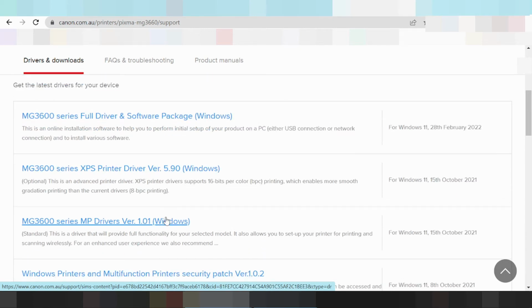Okay, I recommend that you download the driver package. This driver package format includes the driver and printer, scanner, network, wireless, and it includes the compatible driver. Okay, click here,